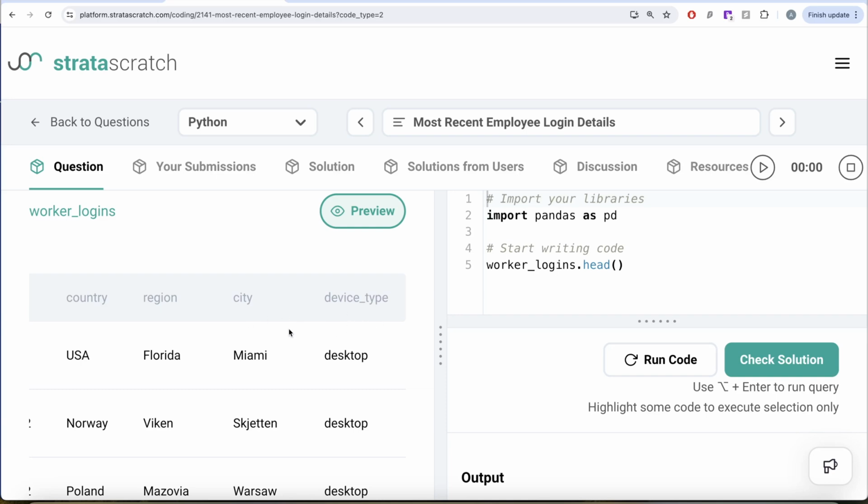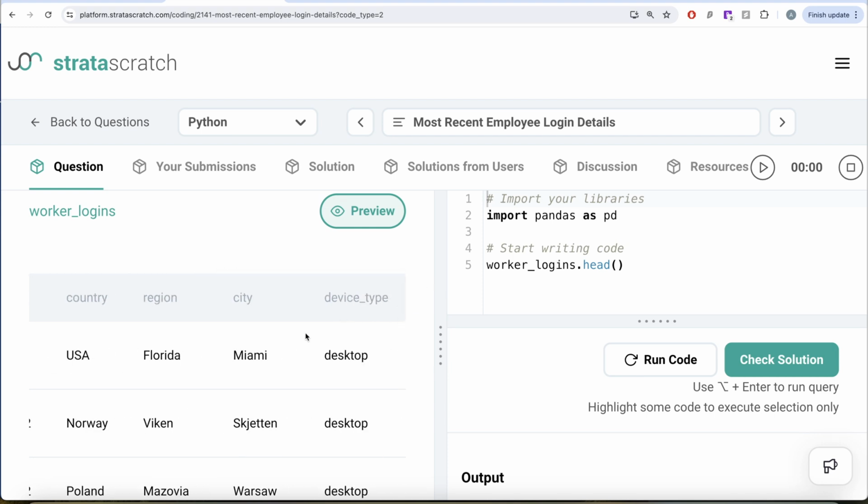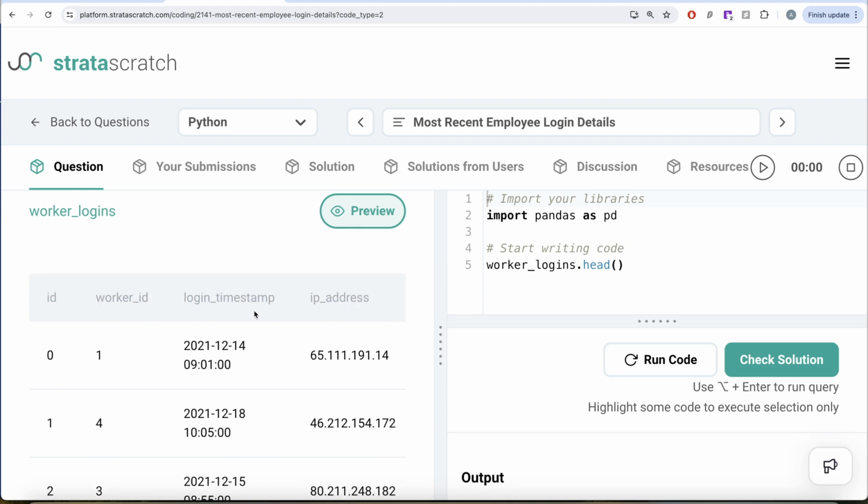Right. So from this, what we basically need to do is find out, for every worker ID, what is the most recent login, and obviously that means we need to arrange by the login timestamp in descending manner and rank them. So the most recent gets the rank equal to 1. So what we can do is create a column called rank for every worker ID and rank the login timestamps. How are we going to make this column? Let's take the worker_logins data frame that we have and then group by the worker ID column,